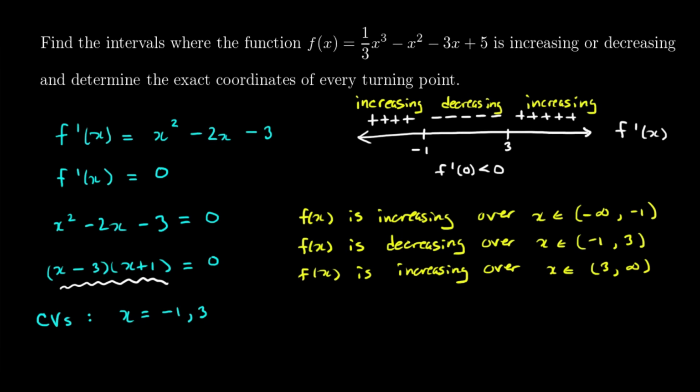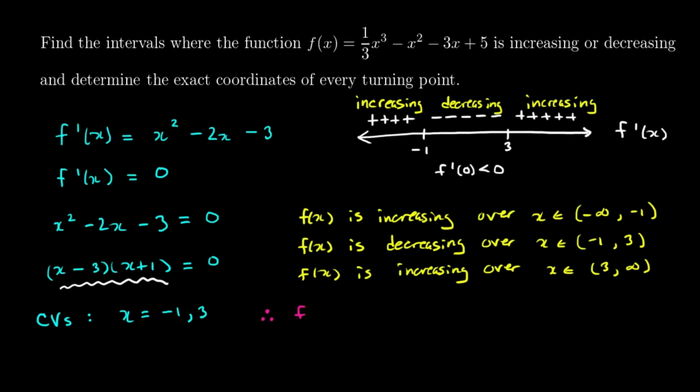So I've seen enough. We have 2 turning points here, and that's not just because the first derivative was 0. Of course, all that means is that we have stationary points, but we figured out that due to the changing direction of the function at x equals -1 and 3, those stationary points are turning points. So let's write them up here. So we'll say, therefore,